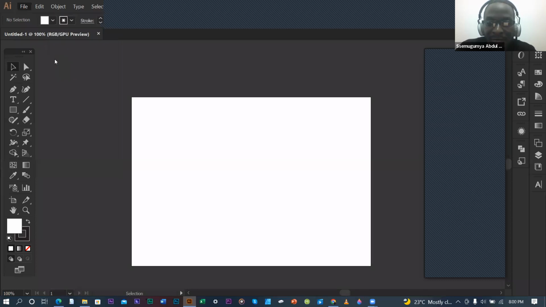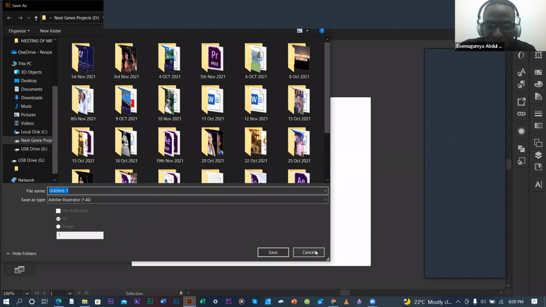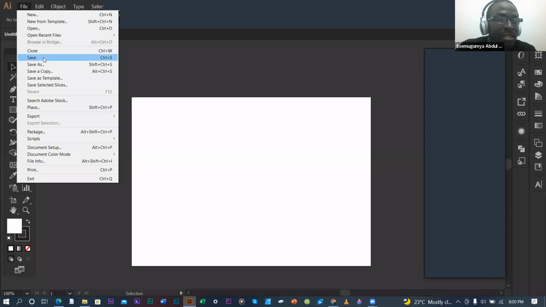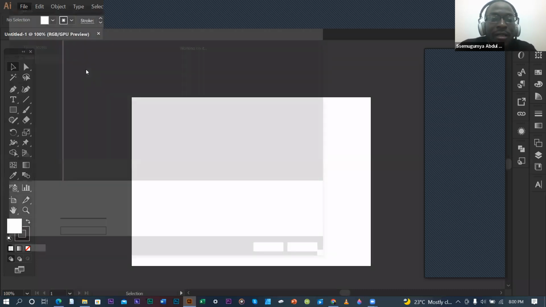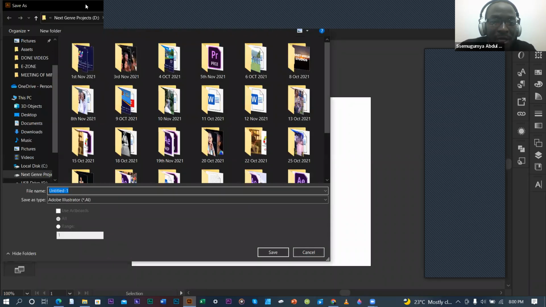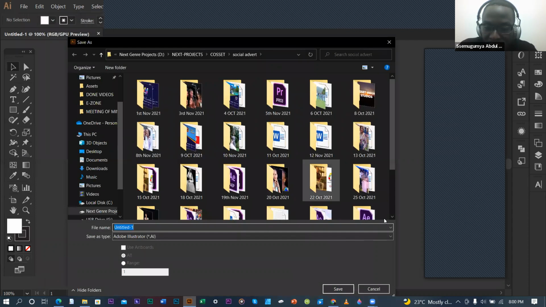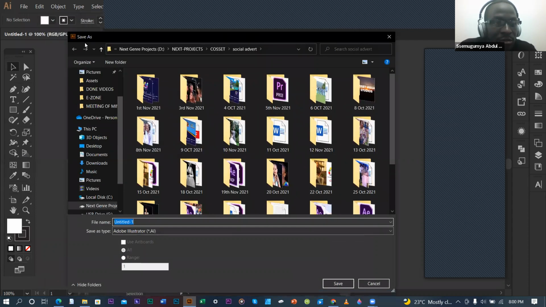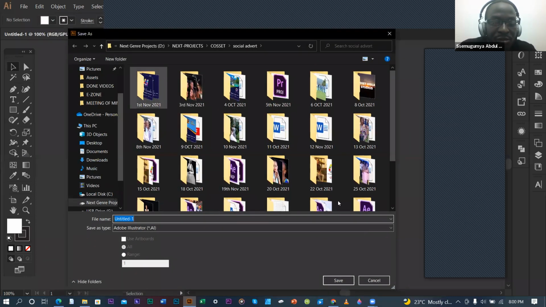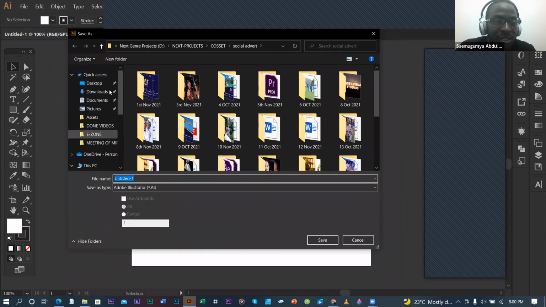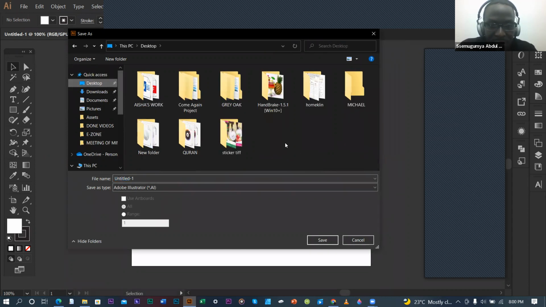When you click on Save, first we go to File, you go to Save, and first save our work. It will bring up this mini window that has saving options, where you choose the saving formats, and you can choose your destination. For example, if I want to have it on the desktop,